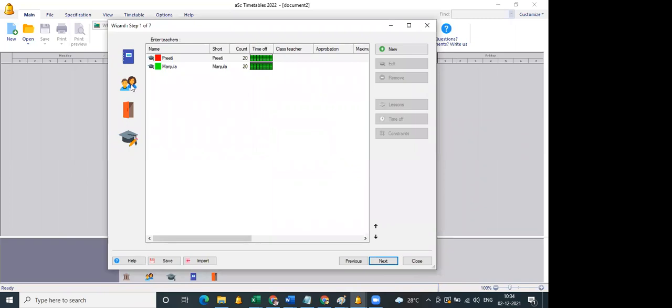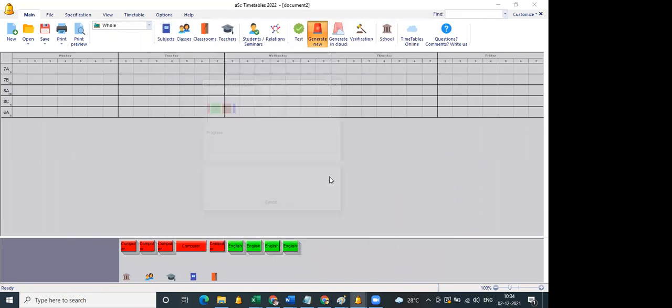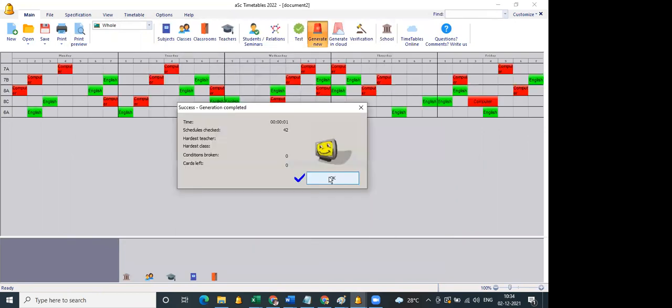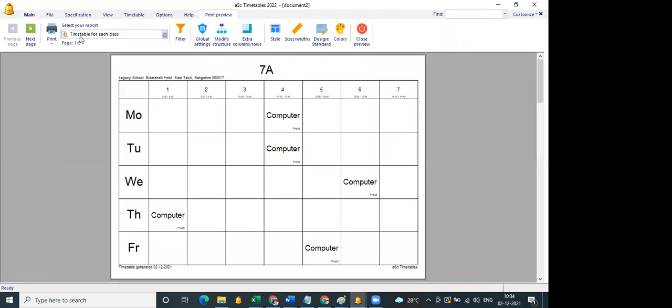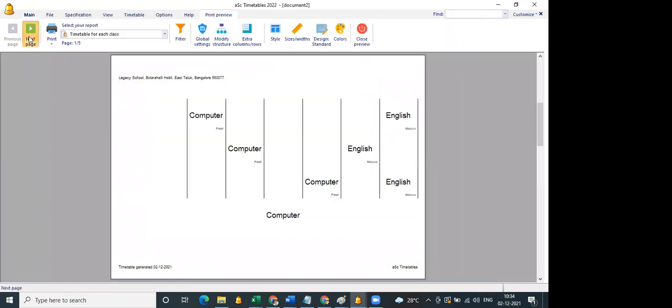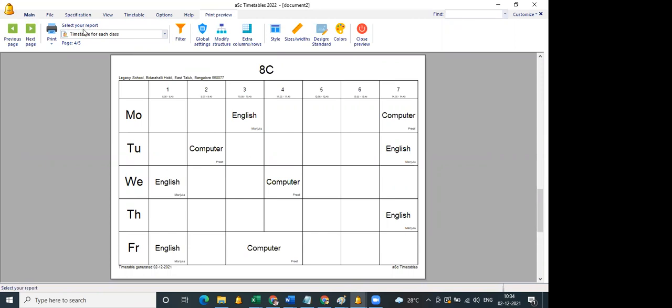So the data is available. I can directly generate, and I can see the print preview. This is for class. If I want to see teacher wise, I click on select your report.